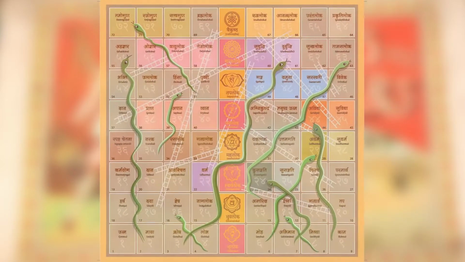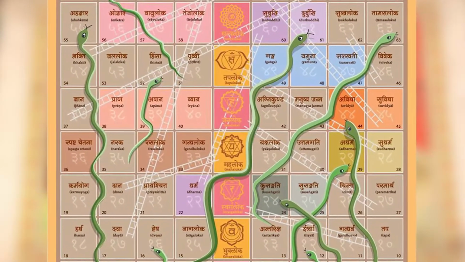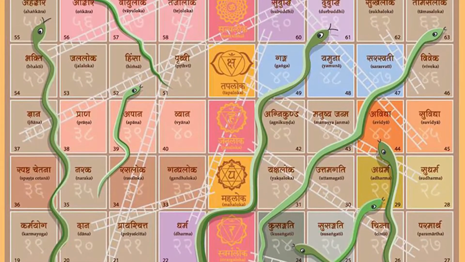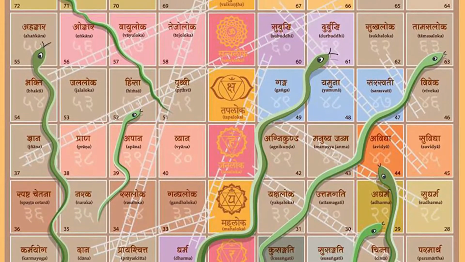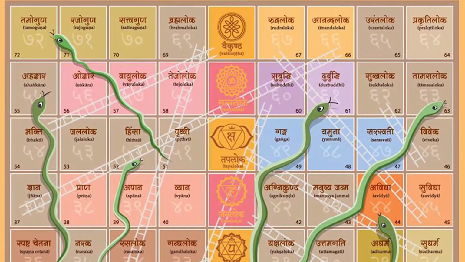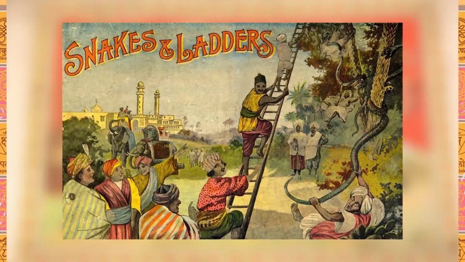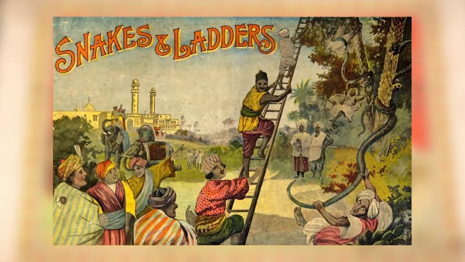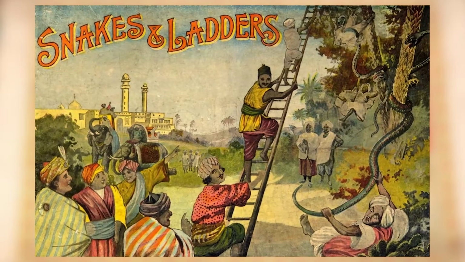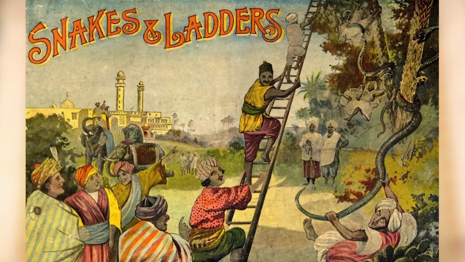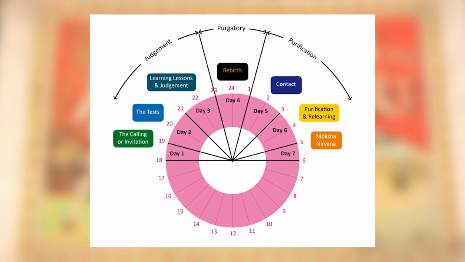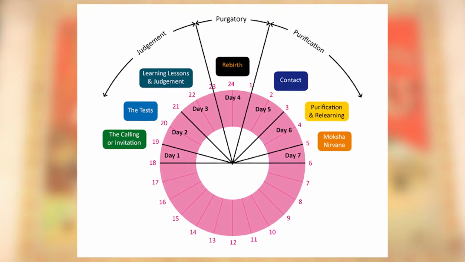In its present form, Gyan Chaupur means game or path of wisdom. It is not a competitive game. Its objective is to lead its players via a series of lessons from the lowest to the highest plane of existence, the path of ascension, the ups, ladders, and downs, snakes, of one's progress. The dice represents fate or chance, not destiny. In essence, Gyan Chaupur describes the spiritual path.